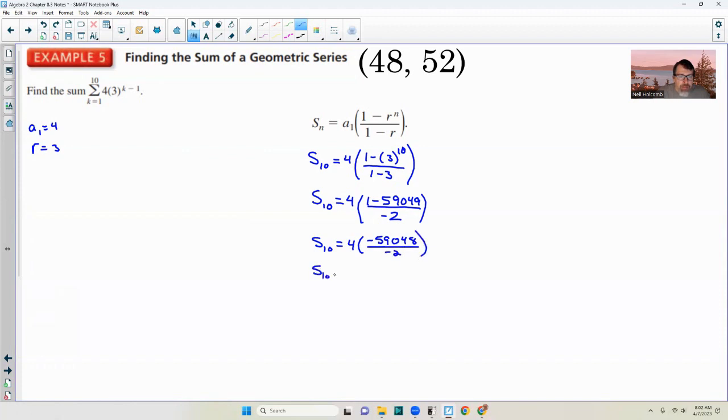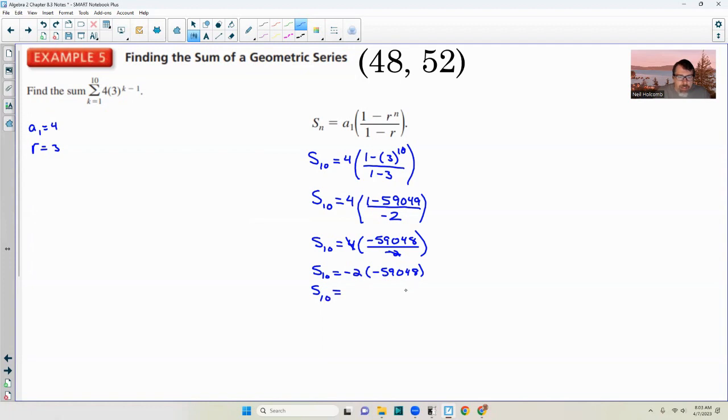S sub 10 equals, okay, and I can cancel this 4 with this 2 and get negative 2 times negative 59,048. Okay, and then S sub 10 equals, a negative times a negative is positive, and we're just going to